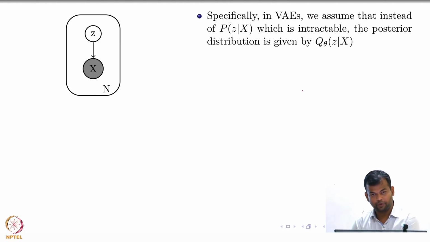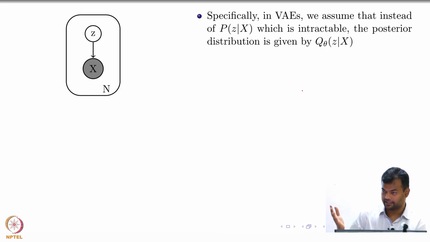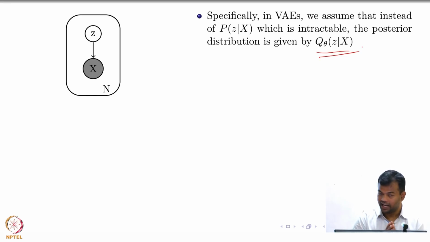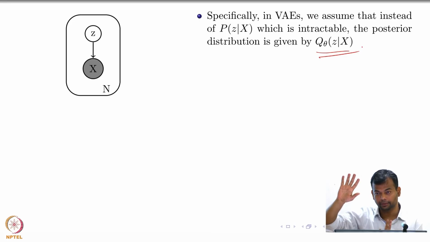So in VAEs, what we do is, we assume that instead of p(z|x), which is the actual thing that we should have computed, and it is intractable, the posterior distribution that we are interested in is some q_theta(z|x). This is what I'm going to assume. I'm saying that I don't know what p(z|x) is, I can't even compute it, but there is another q(z|x) which has parameters theta,